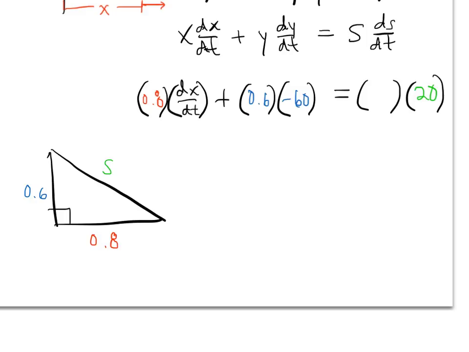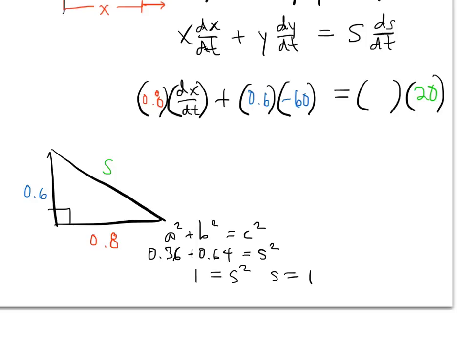And welcome back. Hopefully you paused to solve this problem here, but if you use the Pythagorean Theorem correctly, here's what you should have gotten. a squared plus b squared equals c squared. You should have gotten 0.36 plus 0.64 equals s squared. Ironically, does this look familiar? This is a variant of our Pythagorean triple from earlier. If you do this correctly, you should get 1 equals s squared, which means s is equal to 1 in